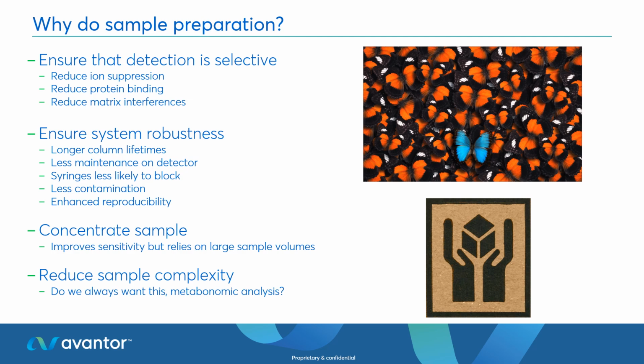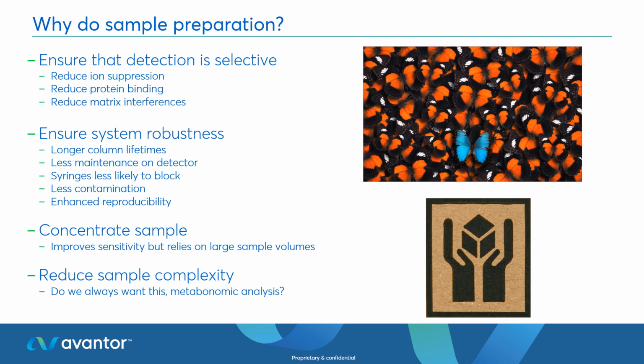System robustness is another thing. Injecting plasma or blood onto a standard HPLC system will degenerate the columns much quicker. Typically, you might get 20 or 30 injections if you were to inject neat blood onto a HPLC column. It will also mean that there's less maintenance required on the detector as well, which obviously benefits. In terms of the injector, the syringes are less likely to block. There's also less likely to be contamination, and this ultimately will give you a more robust system, a more reproducible